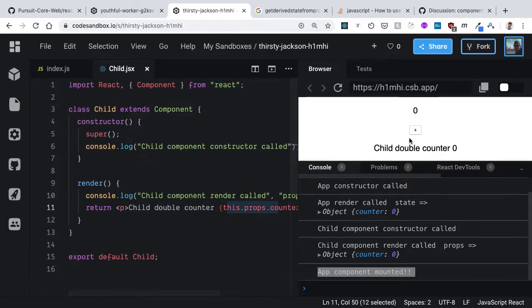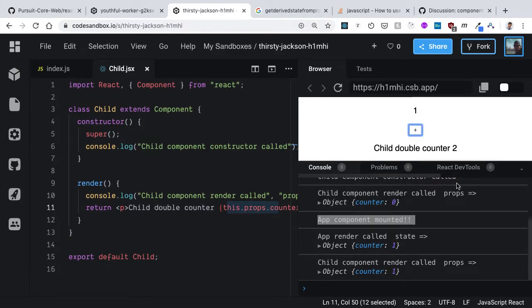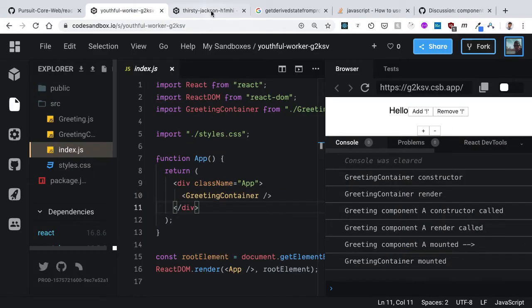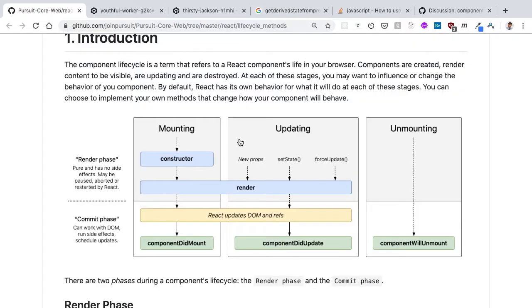And then we click on this. Note what happened when I click this. I click, and we have the app render call state. Oh, the app render method was called. Now the state is 1. And note that the child render was called again. This is an example where the prop passed, this counter, when I updated it, was different. This counter that is passed as props is different. So that's new props, and therefore the child renders,